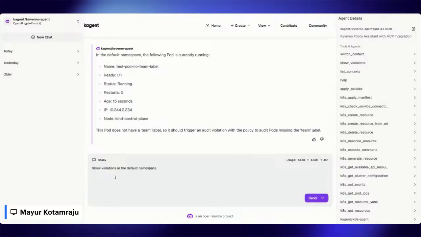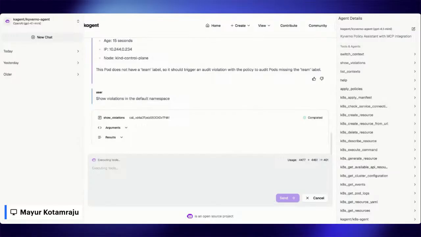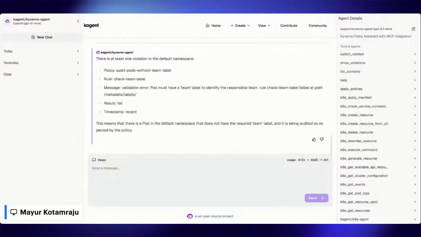So let's go ahead and actually see, let me run the show violations tool that's available with the Kyverno MCP server and see what we get. So again, I have no idea. I'm just running this with my intent to show me violations. And then you can see there is one violation, and it's telling me there's a pod here that does not have a team label, and it's failed. And it's actually giving me a policy. In fact, I can ask it to go ahead and fix the pod that I deployed. So it's giving me what the policy issue is, and gives me an action item if I do want to resolve it. So it's very cool.